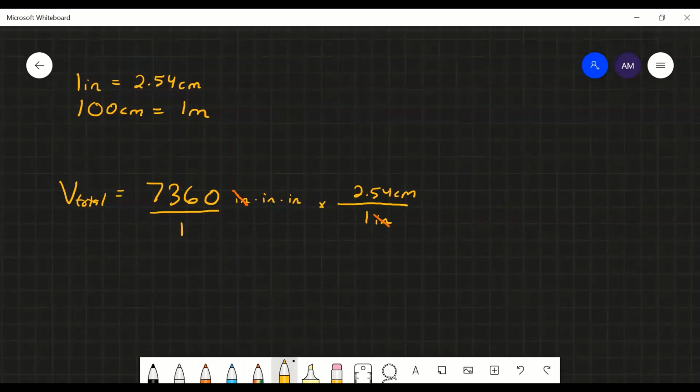So be very careful, and I see a lot of people overlook this detail. When you have inches cubed, you have to convert it 3 times to get the effect. So I have to do another 2.54 centimeters per 1 inch. That will cancel the next inch, and then times 2.54 centimeters over 1 inch. That will cancel the third and final inch. So in order to not make this too messy, let's figure out what this makes. 7360 times 2.54 times 2.54 times 2.54 equals